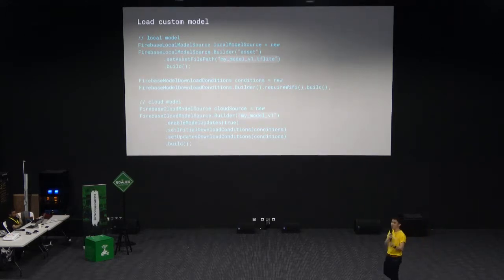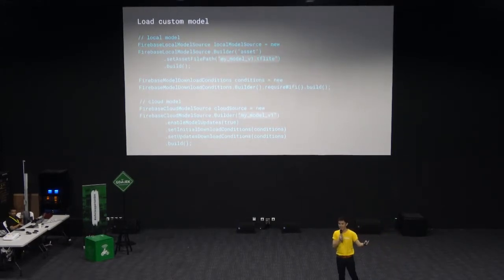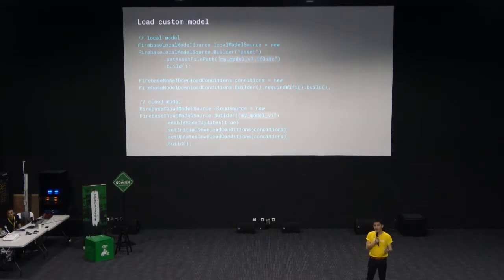This is local. If you would like to store the TensorFlow Lite model locally in your application, you can do this, because sometimes the TensorFlow Lite model is bigger than 10 megabytes and users have to download it from the cloud, right? When the user hasn't finished downloading the TensorFlow Lite model from the cloud, you should let the user still use the benefits of the TensorFlow Lite model. So it's similar to integrating with ML Kit for Firebase, sorry. It helps build a better experience for the user, even when the user hasn't finished downloading the model from the cloud. And next one, this method